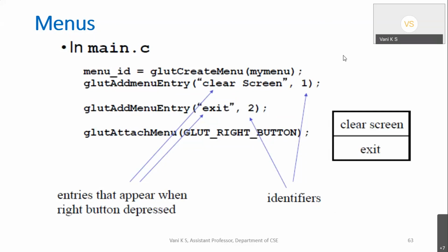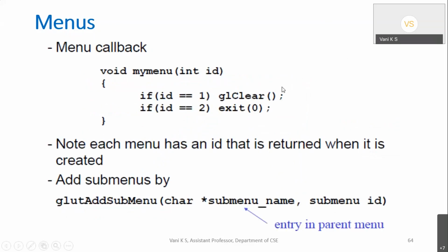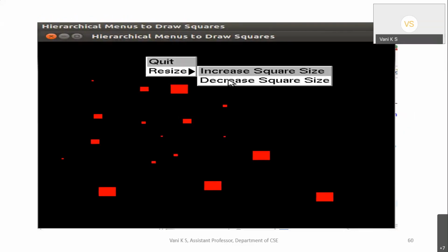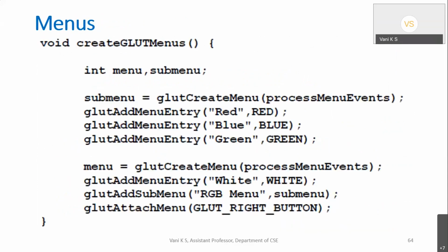you want. Then some of the options have a submenu, you might have seen, I think, in the previous one that I showed you. Here, see here, this is a submenu. This is the main menu, quit and resize. And when you click on resize, this will come. So these types of submenus can also be created by using the submenu entry.